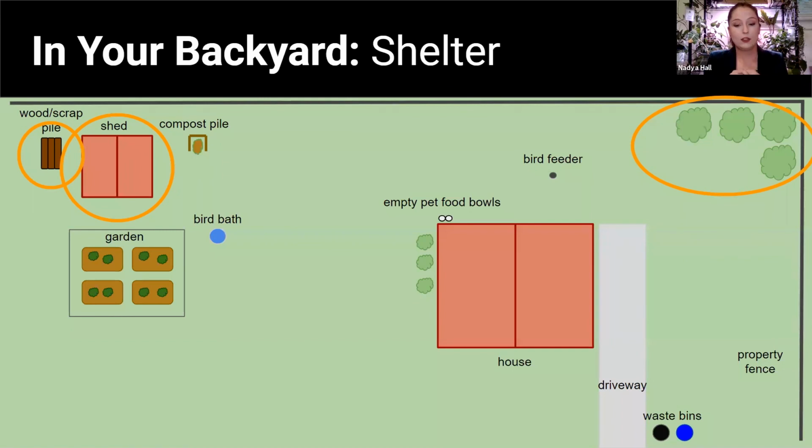For anyone that doesn't know where bears might hibernate, it's not just in these perfect caves. Actually, caves can often be too cold for them. It can be up in a tree, it can be below your deck. Sometimes they'll even just lay out in the middle of the forest and let the snow fall on top of them as a large lump. So they're looking for any sort of shelter. Similarly, of course, more of a transient shelter would be something like bushes and trees that they can hide in